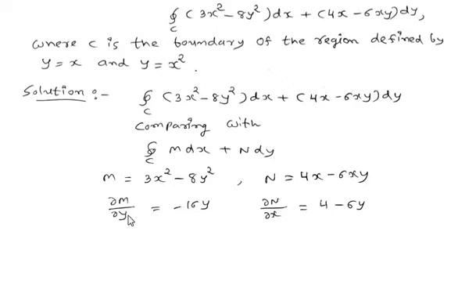So first of all, we have to find the partial derivative of M with respect to y and the partial derivative of N with respect to x. So del M by del y is equal to: derivative of 3x square is 0, and y square gives 2y. So 2 times 8 is 16, and before 8y square we have a minus sign, so it will become minus 16y. Similarly, del N by del x: derivative of 4x is 4 and minus 6xy gives minus 6y. So we have del M by del y equals minus 16y and del N by del x equals